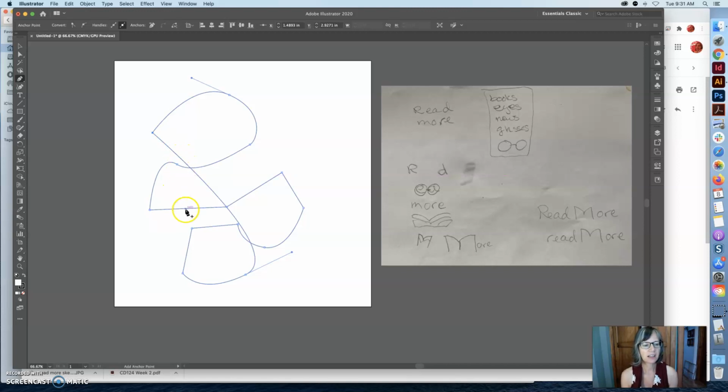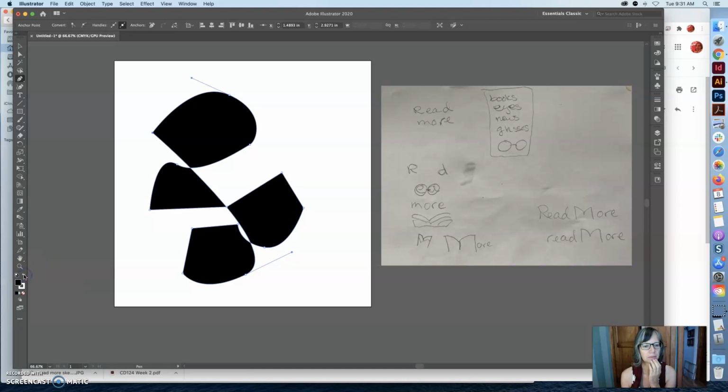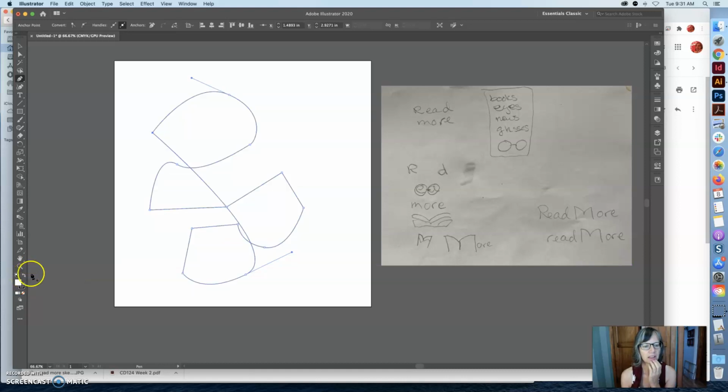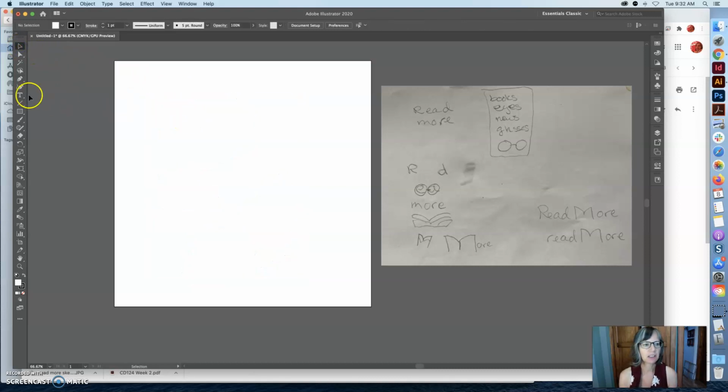Okay, now this is kind of a crazy shape here, and it's got a white fill and a black outline. If I flip this, there's my fill and so there's my crazy shape. So I'm going to get rid of this for now, but the basic thing about a vector file is that